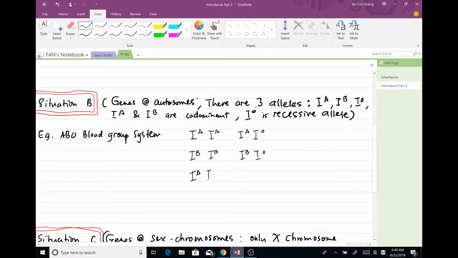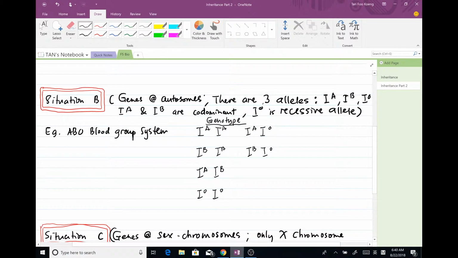Since IA and IB are codominant, they can also exist in this pair, or IO, IO, homozygous recessive. So these are the possible genotypes with these three types of alleles. And the phenotype, if you look at the phenotype,